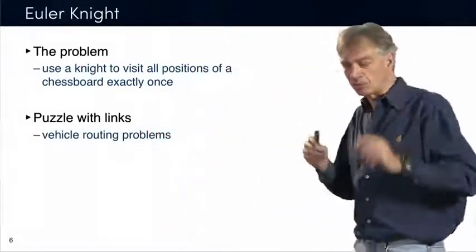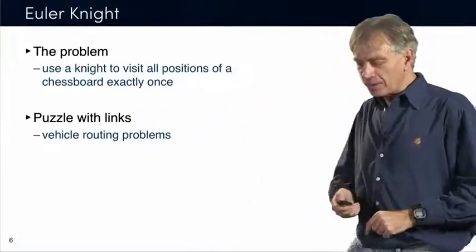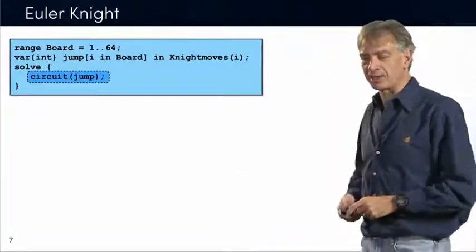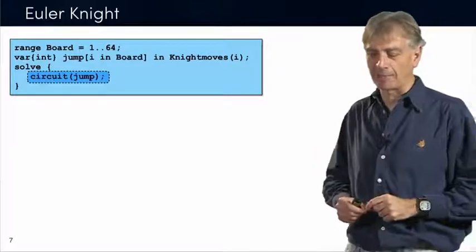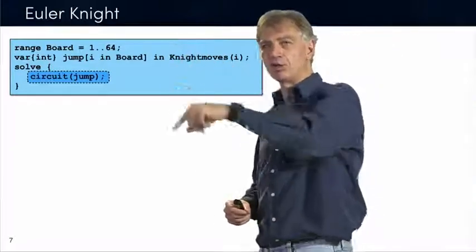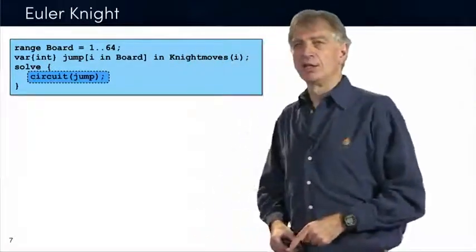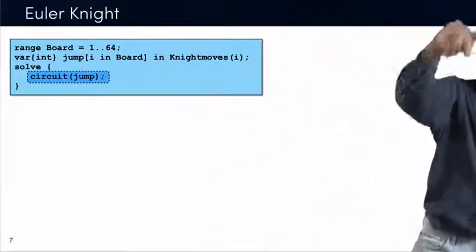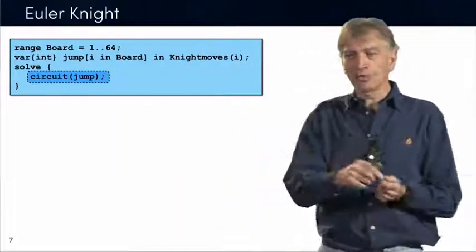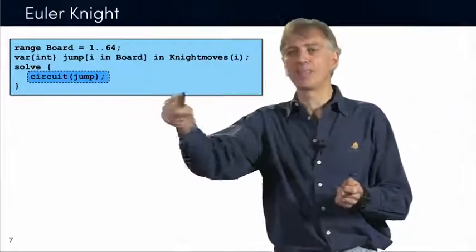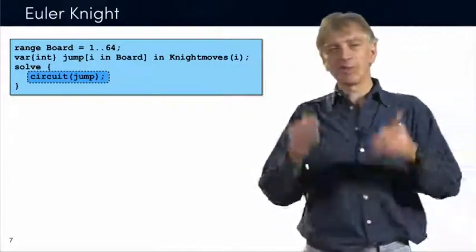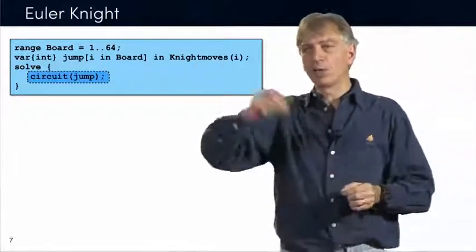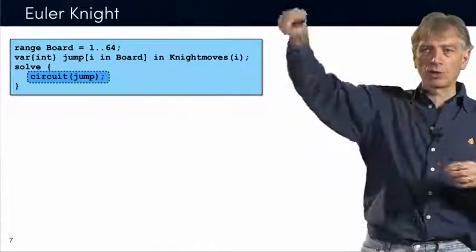It's kind of an abstraction for these problems, okay? But essentially, what I want to show you is the first principle on this particular example because it's very intriguing, okay? So this is the model. You see a very simple model for this. The decision variables are the jump variables, okay? Basically, for every position in the chessboard, you have to know where the knight is going to jump next, okay? And so you have basically 64 variables, one for every position in the chessboard, and that tells you where you jump next. Once you have those, you can follow the path of the knight.